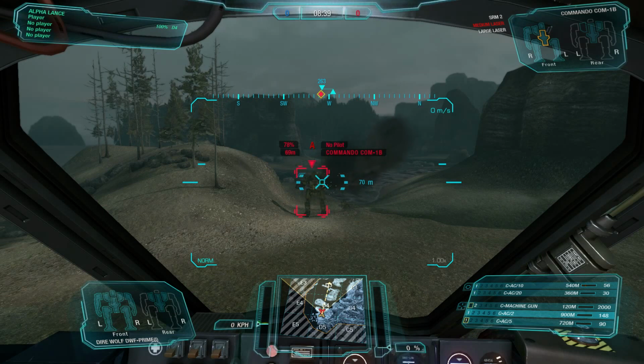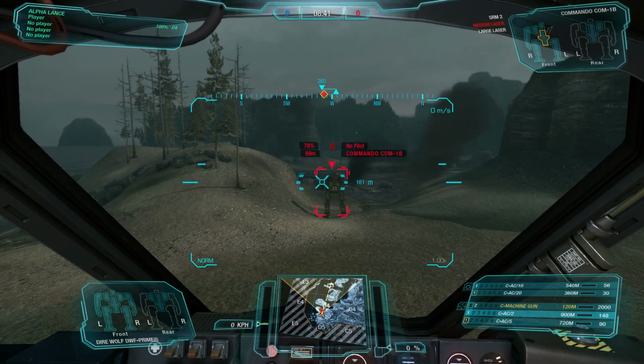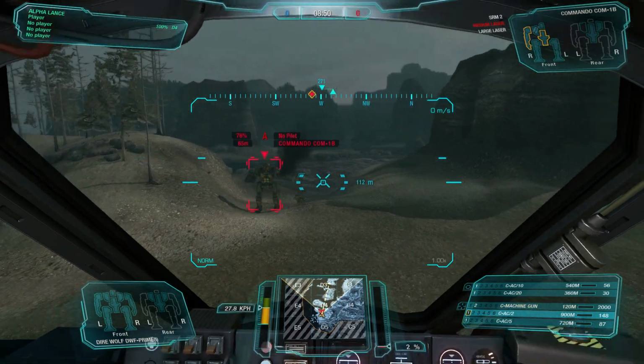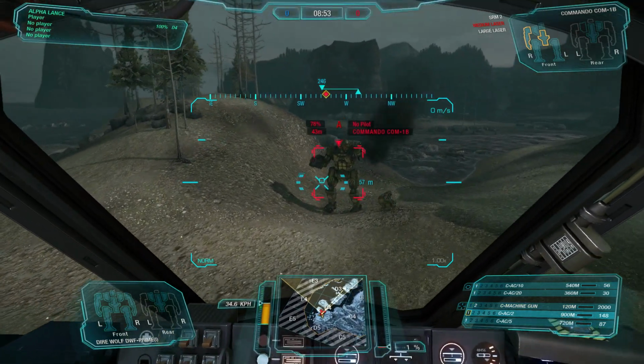And that's stripped off the side torso. And then finally the AC5, and that'll give us 3 shells for a total of 5 damage. And then finally what I've got equipped on this particular mech is the machine gun, and that's, again, just a direct fire weapon